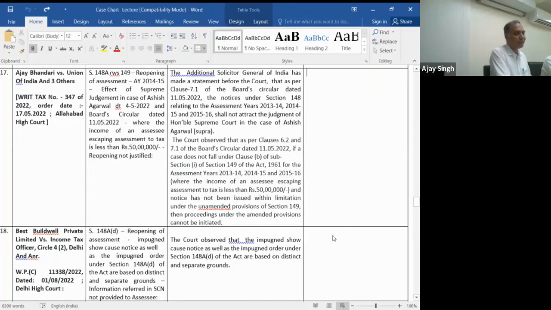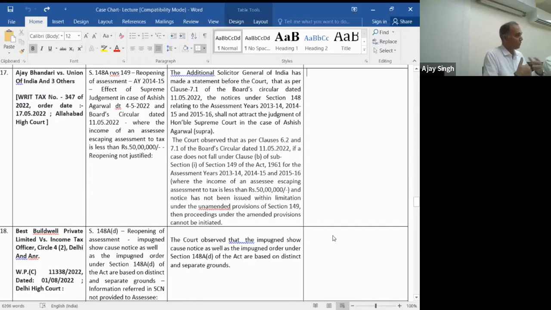This Allahabad High Court order is a final order. It does not give a verdict on this part; it only gives a verdict on that 50 lakhs. But the observation of the Additional Solicitor General is extracted in the order, so that observation is there. To that extent, at least on that dispute about the circular, you can meet that particular point and say that